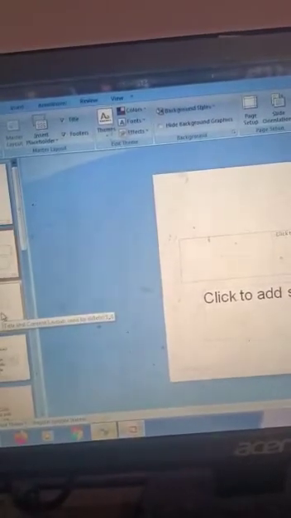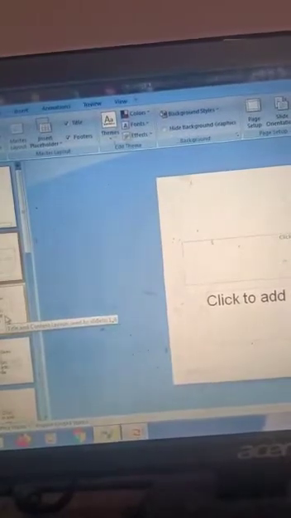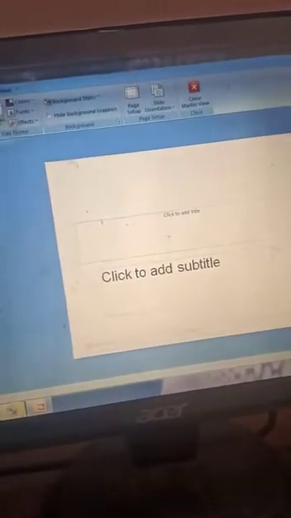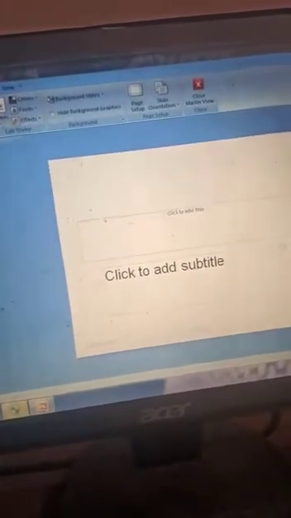In the slide master, the Slide Master tab appears as the active tab on the ribbon, and the slide master task pane will appear on the left. This is the slide master task pane through which we can make changes. Okay, so if you want to change anything, then you have to click on that. The slide master